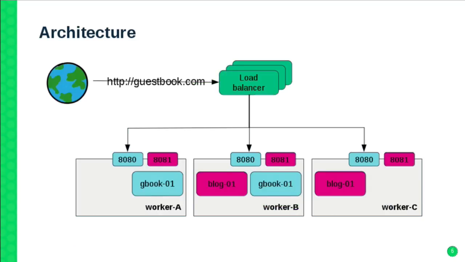Looking at the higher level, you can see that here we have a web application running. It's guestbook. It's exposed to the internet with guestbook.com. All the internet traffic goes through standard load balancers, and then the load balancers redirect the traffic to any of the workers inside of your cluster. On all the workers, the web application is exposed on a port, which is the very same port. It's always the same across all the workers. So all the requests for guestbook.com get redirected to one of these ports on any of these containers. It's really interesting if you want to know more about how it works. It's really interesting that this is always going to work.